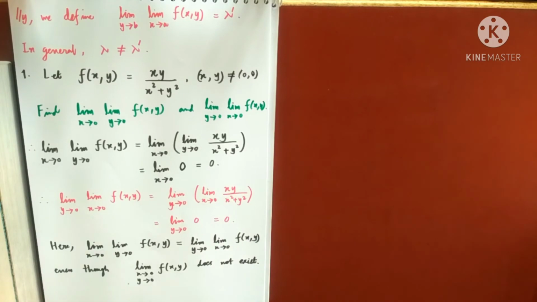So just we will take this as a note. So in exam, if I ask you, give me an example of a function for which the repeated limits exist and they are equal, but the double limit does not exist, you can give this example, the function xy by x square plus y square. And there are many other functions, by the way. So remember, if both the repeated limits exist and are equal, I cannot guarantee that the double limit will exist. So let me write that as a note.